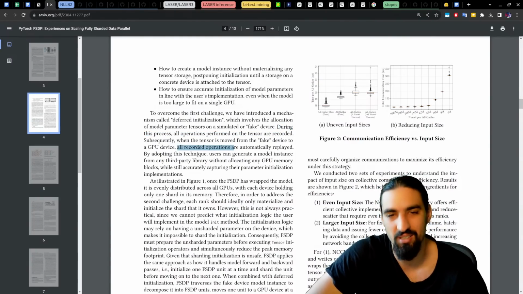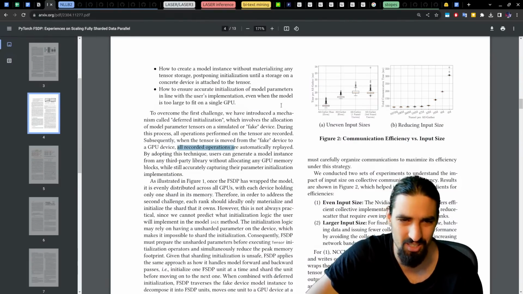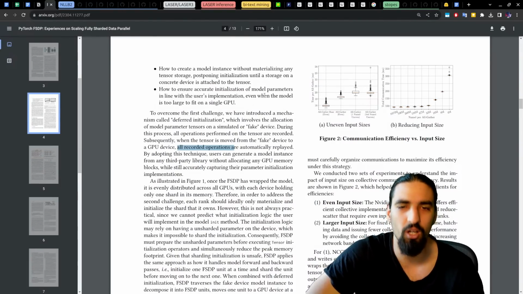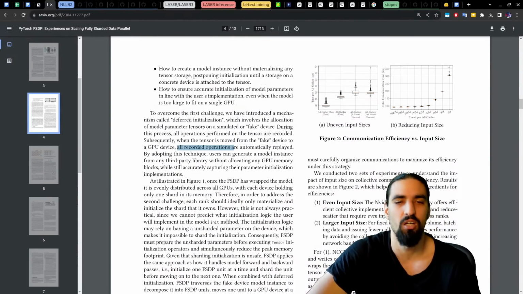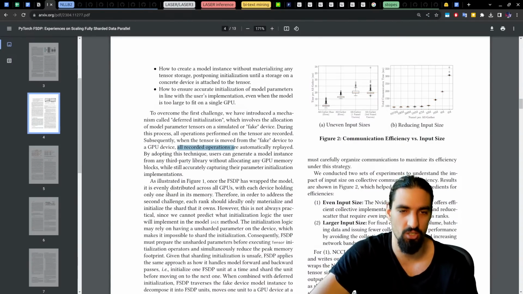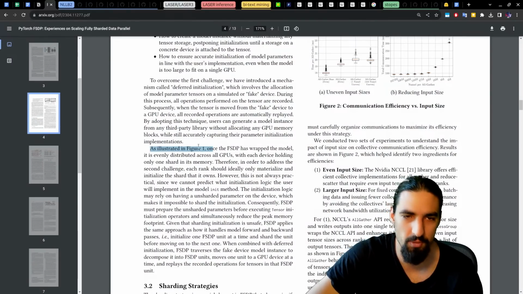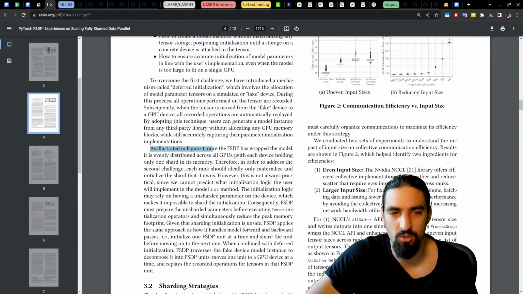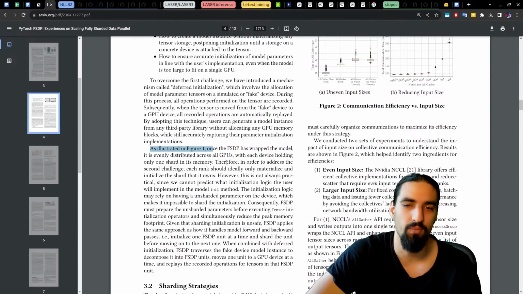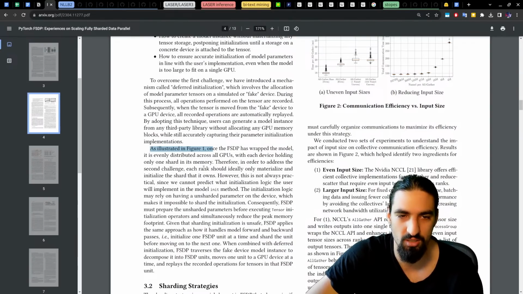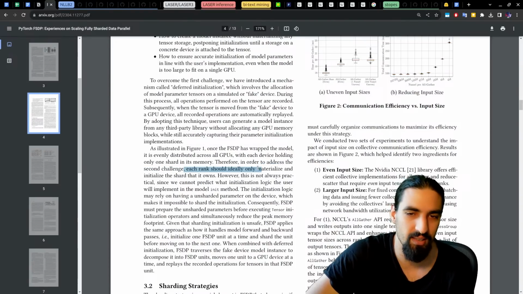By adopting this technique, users can generate a model instance from any third-party library without allocating any GPU memory blocks, while still accurately capturing their parameter initialization implementations. As illustrated in figure 1, once the FSDP has wrapped the model, it is evenly distributed across all GPUs, with each device holding only one shard in its memory. Therefore, in order to address the second challenge, each rank should ideally only materialize and initialize the shard that it owns.